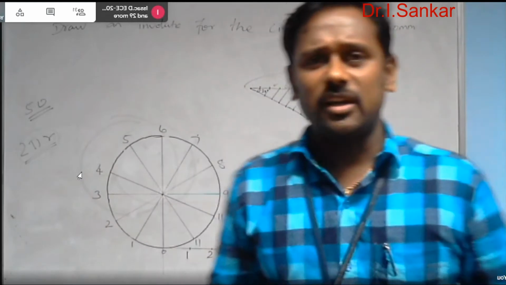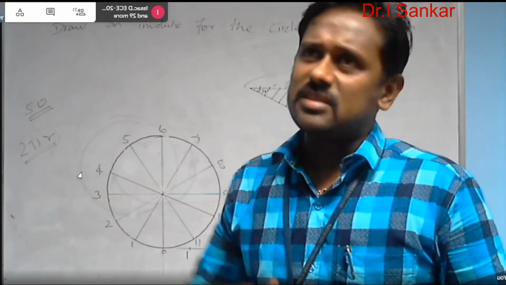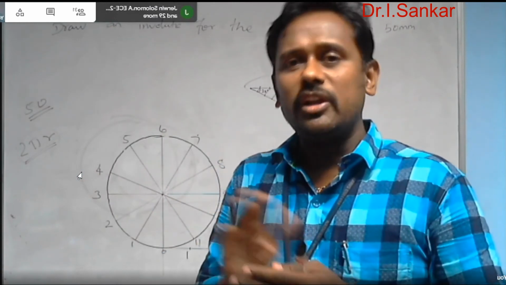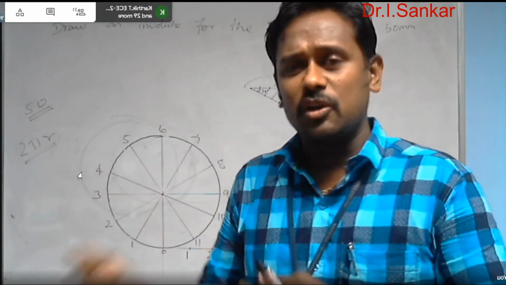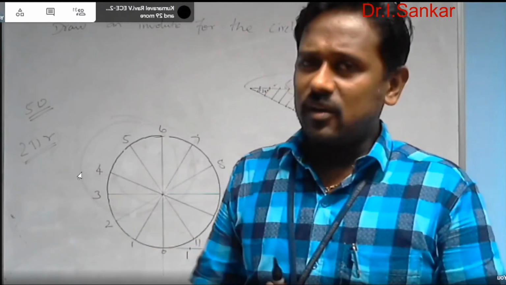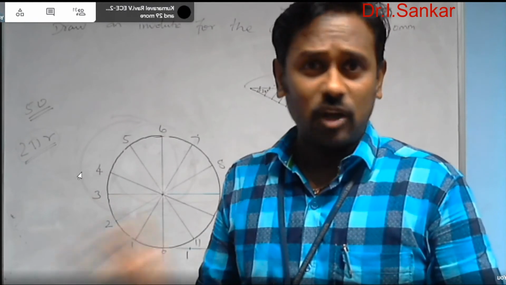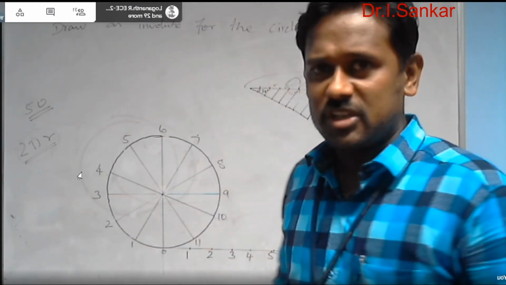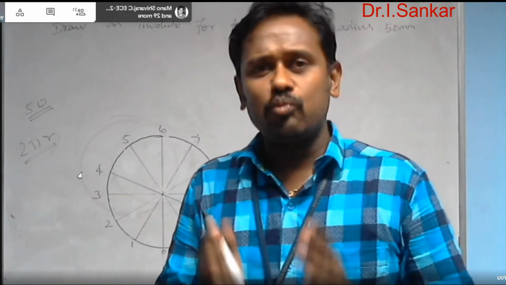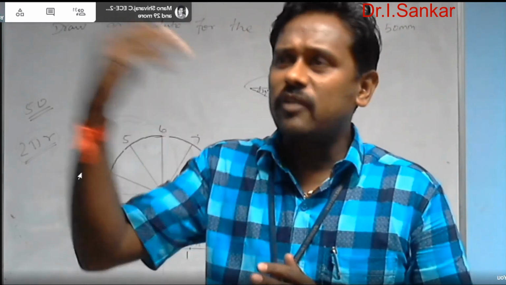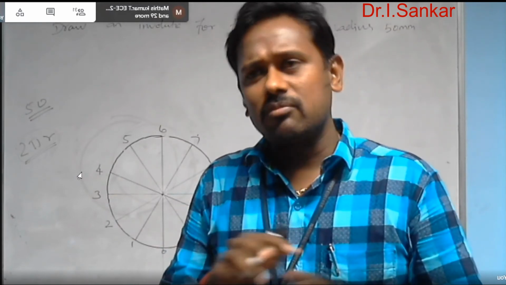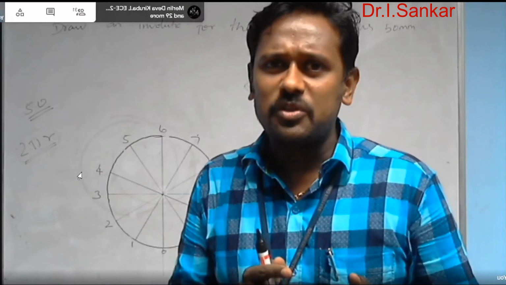After that, see here, drawing the involute for the circle by using this geometrical method is a set of procedures: step 1, step 2, step 3, which sometimes have no link between consecutive steps. So you need not worry about that. It's just a procedure. At the end of the procedure, you are going to get the requirement. So just follow the procedures one by one in the proper sequence. The sequence is very important. If you bypass step 3 and go for step 4, it's not possible to complete the diagram. Without collapsing the sequence, you have to follow the procedure one by one.